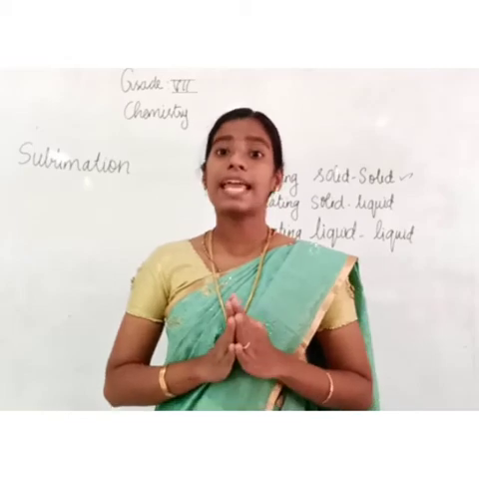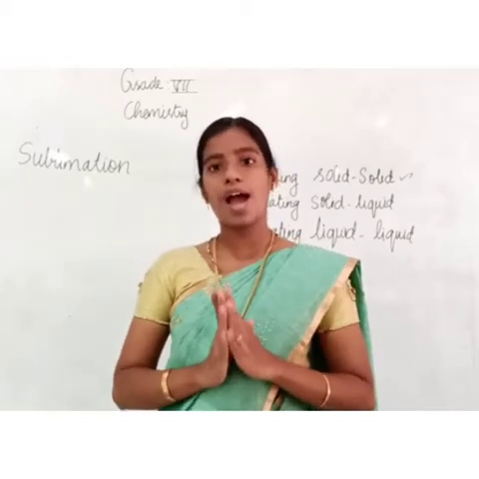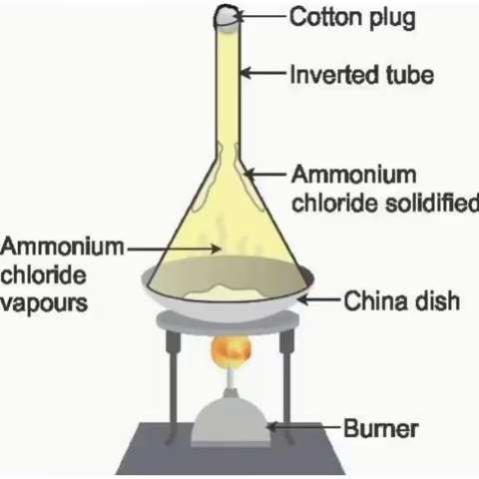We can see the example of sublimation of ammonium chloride now. When we consider the sublimation of ammonium chloride, how is it applied in separation? Take a china dish and we have to take an ammonium chloride and sand mixture. We have to separate this ammonium chloride and sand now. Okay. In the china dish we have to take the sand and ammonium chloride mixture.